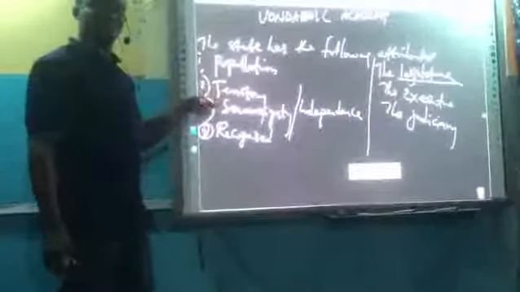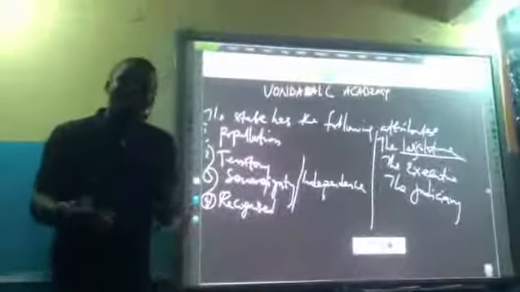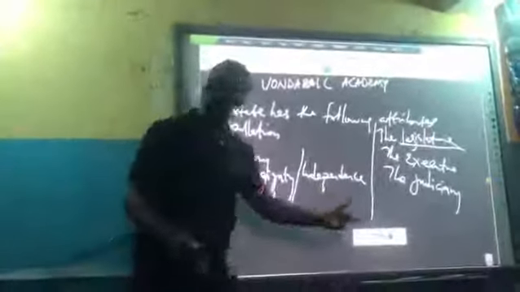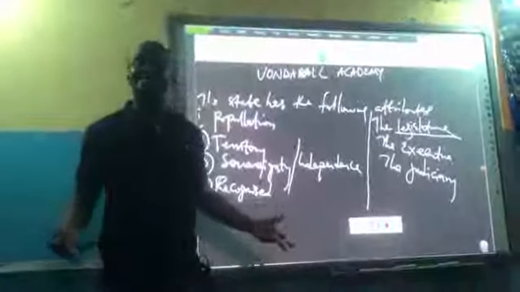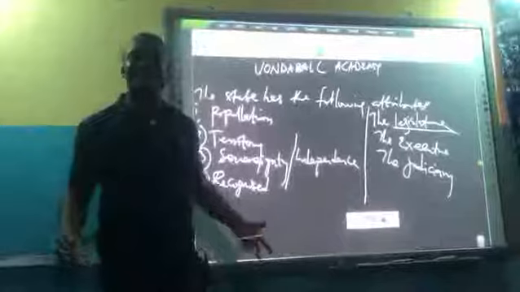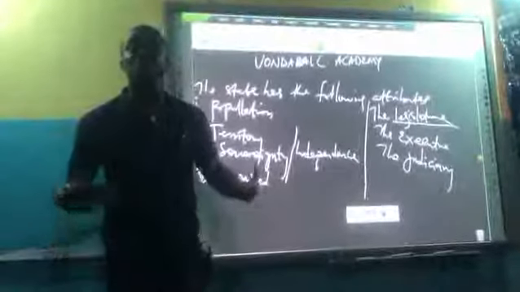The judiciary. What do they do? They interpret the laws of the state. They interpret the law. They are in charge of the law. And they also punish offenders. You know, in every state, in every family, there must be those that will